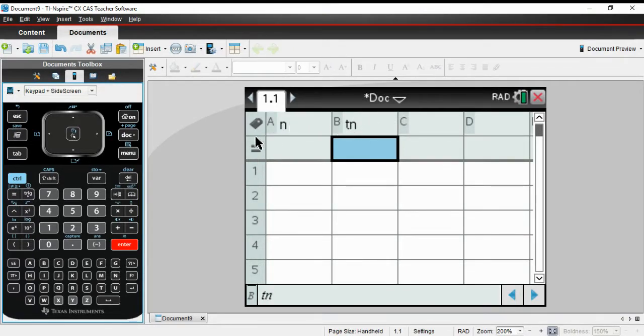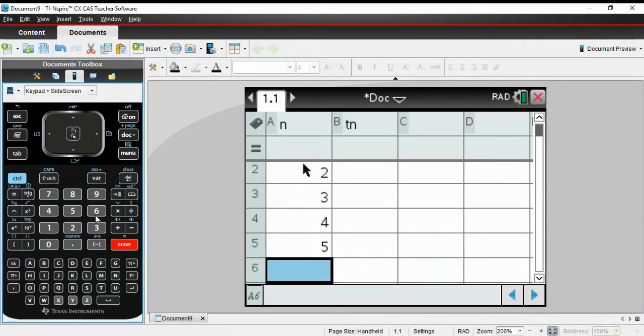Next step I've got is to use my arrows again, hit enter, so that's all sort of set in stone and recognised. I'm going to go back to my A1, column A, row 1, move down and across, and I'm going to put in the values of 1 through to 7. I want the first seven terms, which is why I've chosen 7. So between each, I hit enter, 1, 2, 3, 4, 5, 6,